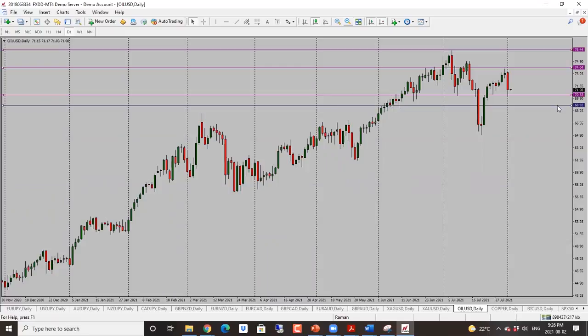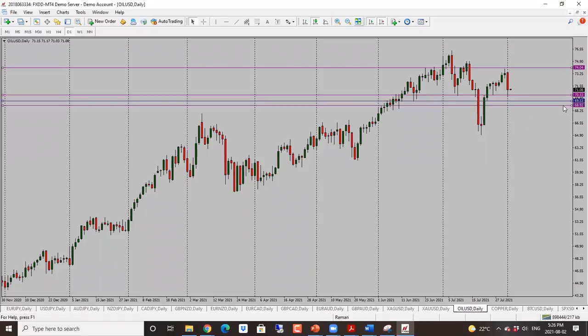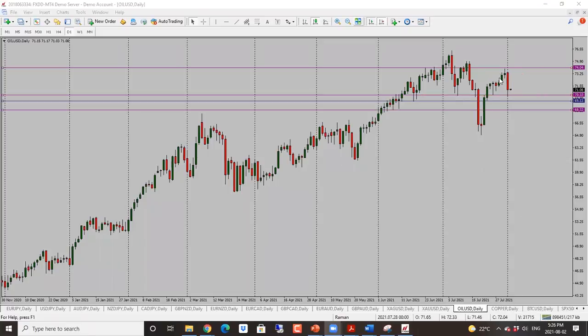So bias here is neutral to bearish. Oil here, oil looking quite bearish here. Keep in mind though, it's right into support. Last few times it has not been able to get through this. So right now looking for a drop and then a continuation. So bearish bias here, and next target is 68.30. However, if it fails to go through our support level at 70.30, we could very easily see a move back up, and this could become range bound. So watch out for that, but we'll just have to be careful with the support.